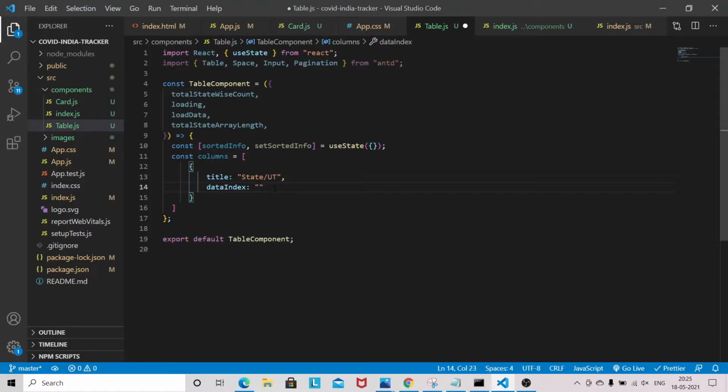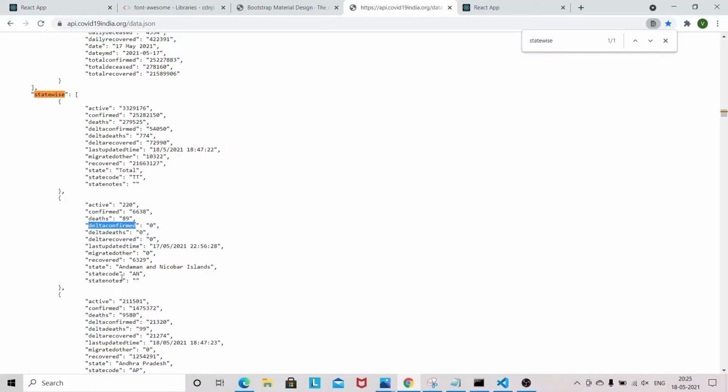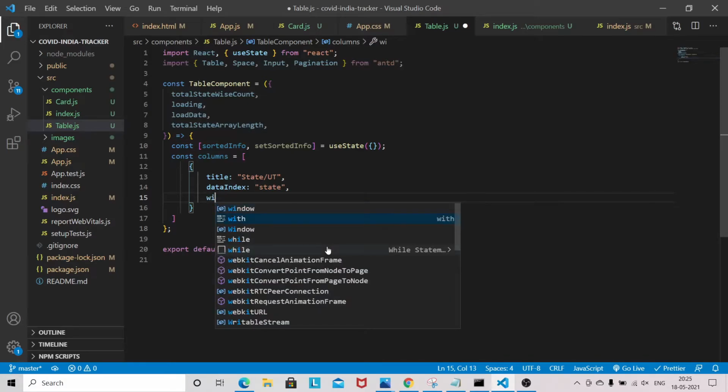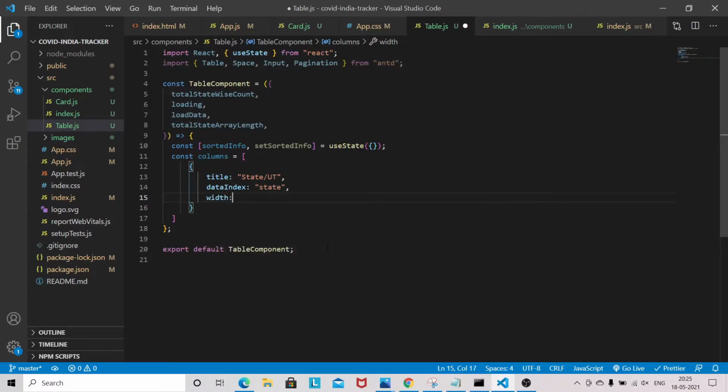For state we have this one, so we write this in data index, and we give the width, 120.